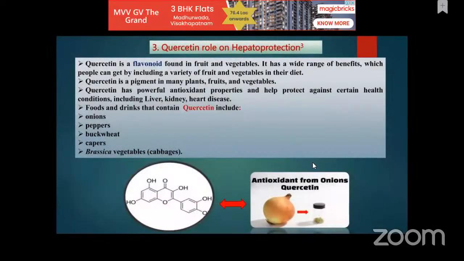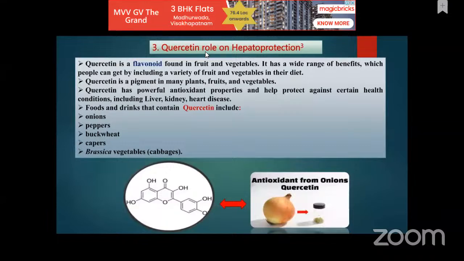So, onion. What is the chemical content in the onion? It is quercetin. So quercetin is present in onion. This helps as hepatoprotection. Quercetin is a flavonoid found in fruits and vegetables. It has a wide range of benefits which people can get by including a variety of fruits and vegetables in their diet. Quercetin is a pigment in many plants, fruits, and vegetables. Quercetin has powerful antioxidant properties and